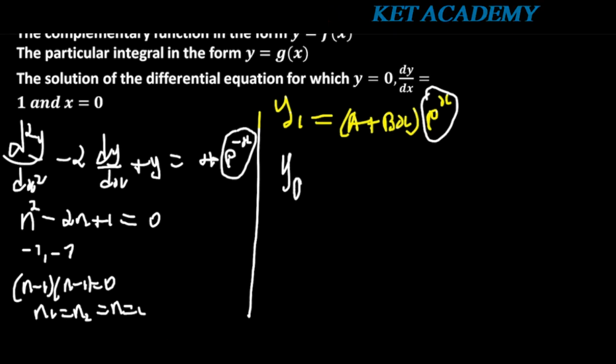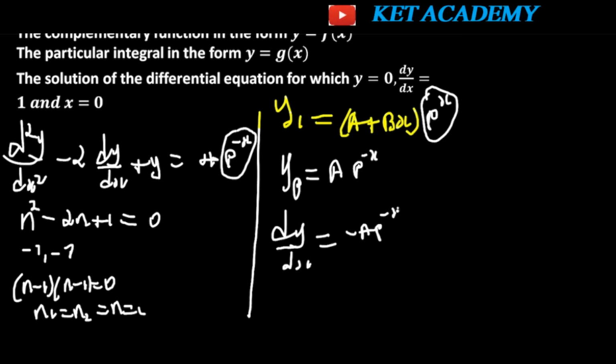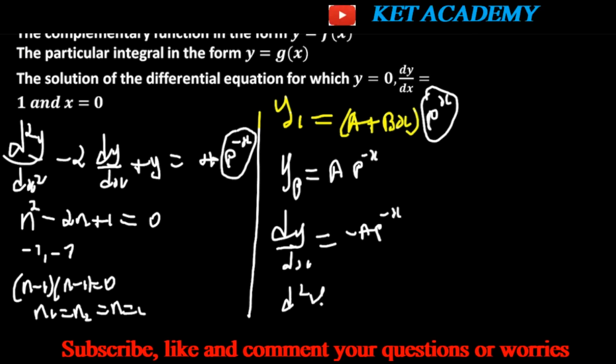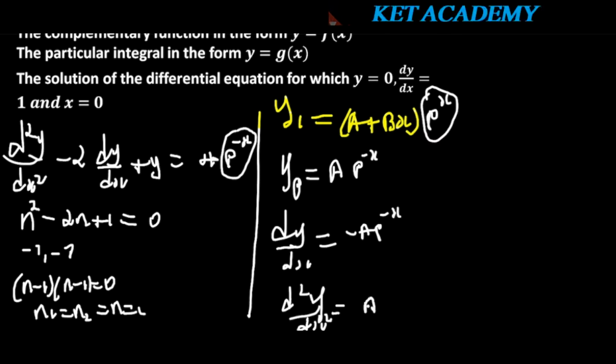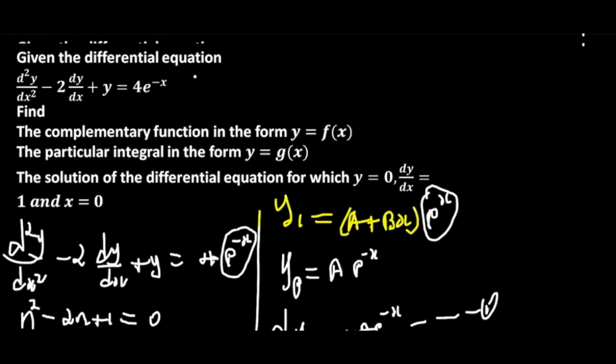So we're going to say y particular will be equal to a e to the minus x, so that the first derivative, dy dx, will simply be minus a e to the minus x, and the second derivative, d squared y over dx squared, will simply be a e to the minus x. We're going to call our first derivative equation 1, our second derivative equation 2, and our original equation we're going to call